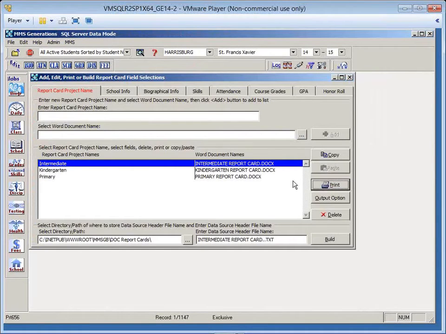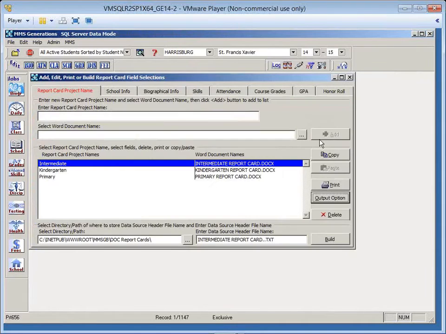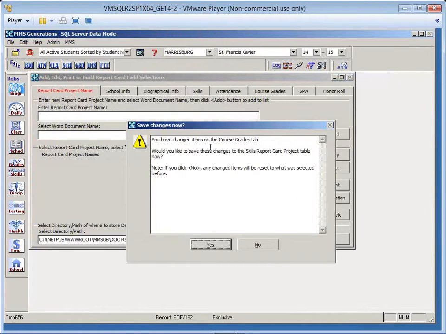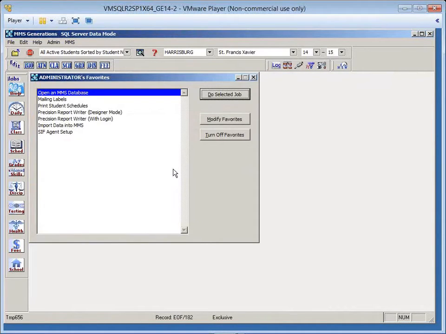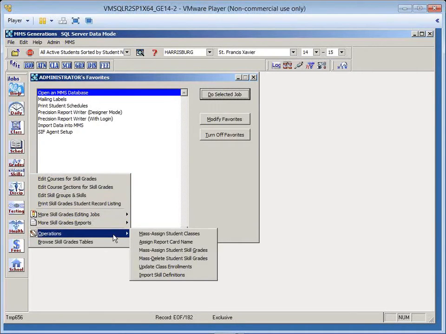Now this report, I could have used my output option and output it to either a PDF or an Excel spreadsheet to make it easy to reference if I needed to. And that's how you set those up. And you have one of these for each of the report cards that you want to produce. Now that we have the report card projects, once we have this set up, I need to associate those report card projects with the students. And that you do under your advanced skills, operations,